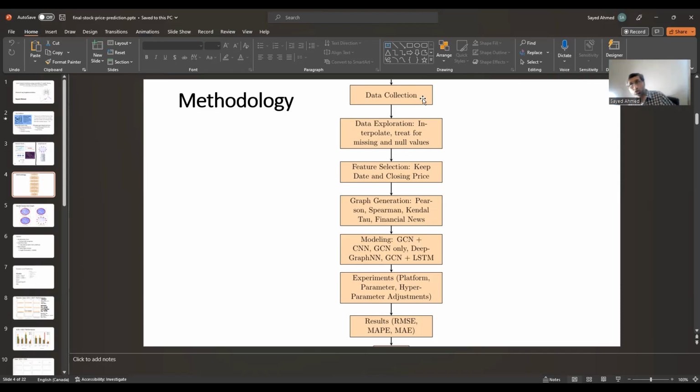So in your methodology diagram, or in my diagram, I believe I could keep a little bit more information on data collection, right? Let me see. I created this diagram using the TikZ package in LaTeX. In the video immediately before this, you will see that I showed how to use LaTeX to create this kind of diagram.